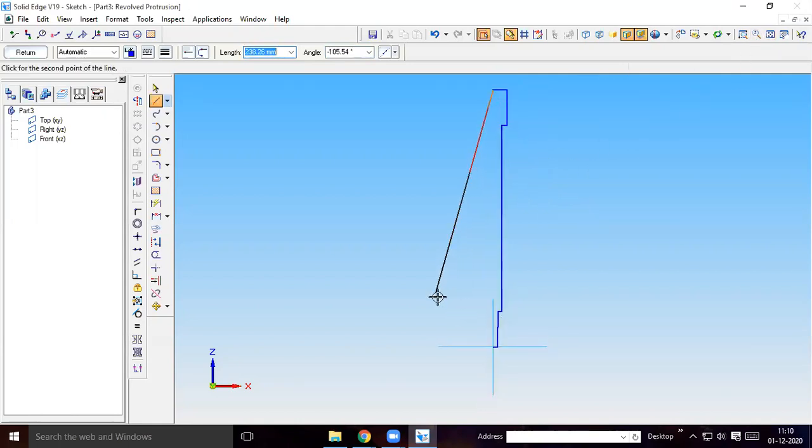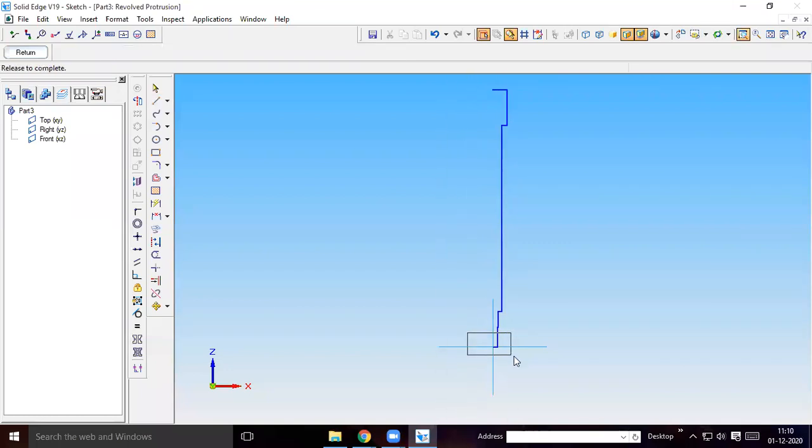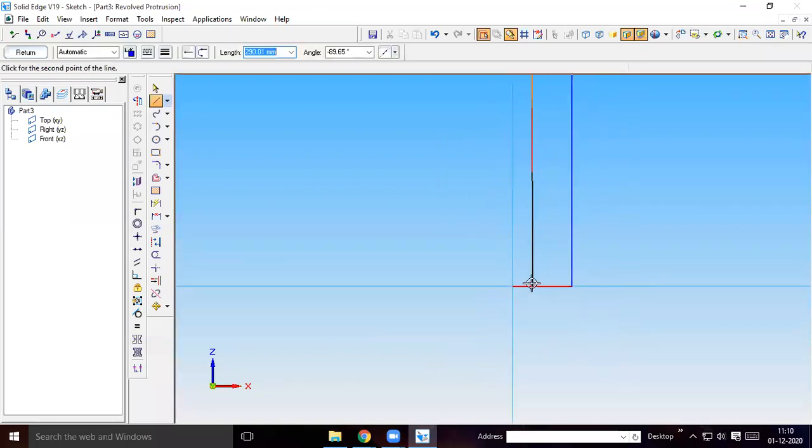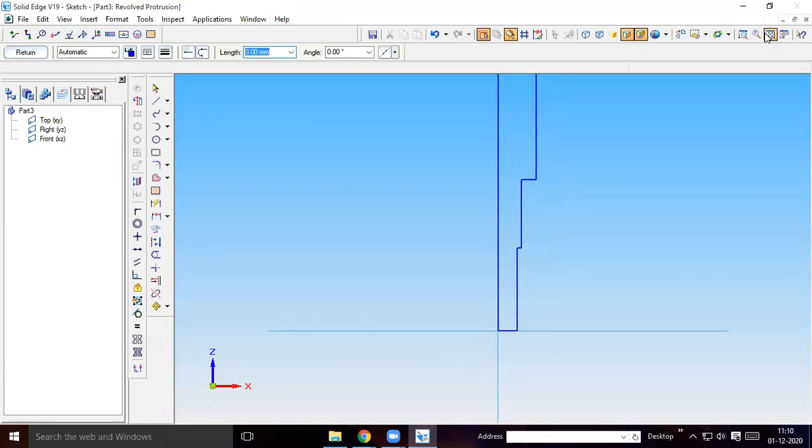This is the required profile. Then you close this to the starting point. Once these two are connected, then use revolved protrusion.